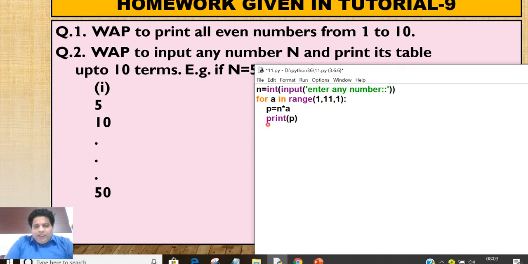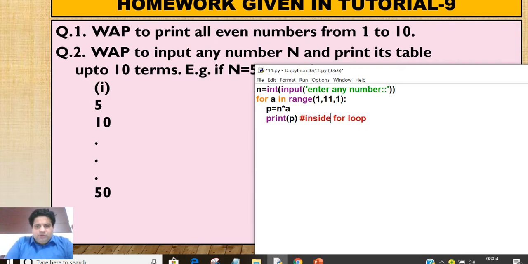See, if I write print here after indenting it, p के नीचे लिख रहे हैं, it means it is inside for loop. बहुत इंपॉर्टेंट पॉइंट है. ओके, यू ऑल शुड अंडरस्टैंड. और अगर हम यहाँ पे प्रिंट को फॉर की लाइन में लिख रहे हैं, it means it is outside for loop. तो आपका इंडेंटेशन ये बता देगा कि whether that line is inside the loop and outside the loop. फिर से समझिए, if you are writing print p just after p equal to n into a, indenting it, this is inside for loop.